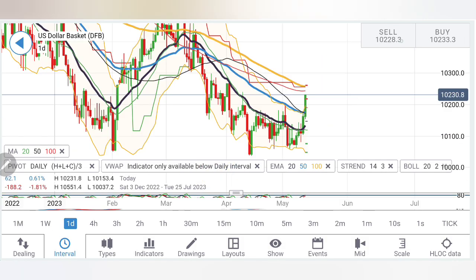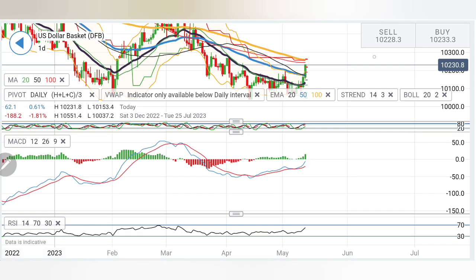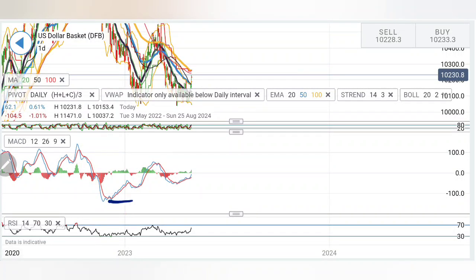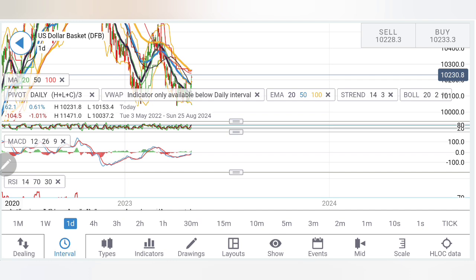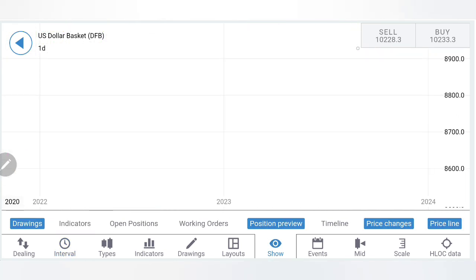And if you look at the daily charts here, the moving averages that were trading with divergence have started to converge. Potentially I'll wait for it to cross over in order to confirm a rise. Stochastic is back to overbought levels. The MACD has started to diverge here and it is looking upwards. Potentially it can try to bring little more bullishness on the upside here, hitting the high. So right now it is giving bullish indication. RSI is also looking upwards. So we have seen the charts, we have seen the indicators. Time for me to define the trading levels and strategy for you so that you can trade profitably.